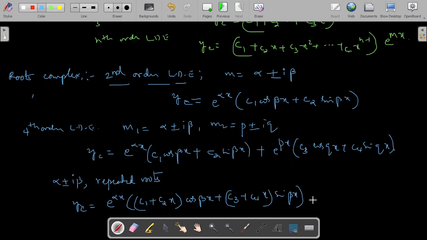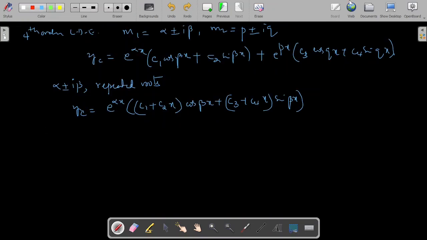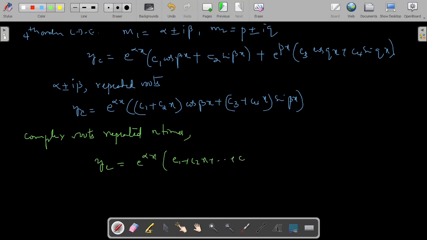This is how to write the complementary function. If you have complex roots which are repeated n times, in that case you have to write the complementary function as e power alpha x, this is always there, times (c1 plus c2 x plus so on up to cn x power n minus 1) into cos beta x, then plus